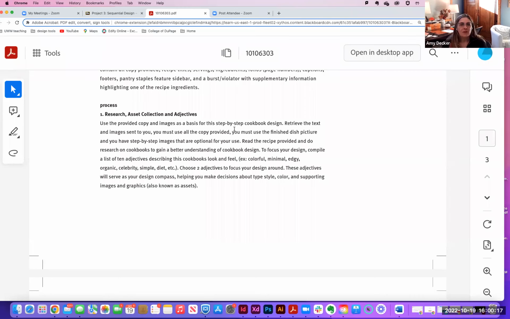It can be about quick cooking meals. It can be about healthy cooking, or comfort food, or whatever. We want to start thinking about how we're going to focus our design, so when we're designing our cookbook, it has a rhyme or reason to it. So what is our purpose? We want to think about a list of 10 adjectives describing what we want our cookbook look and feel